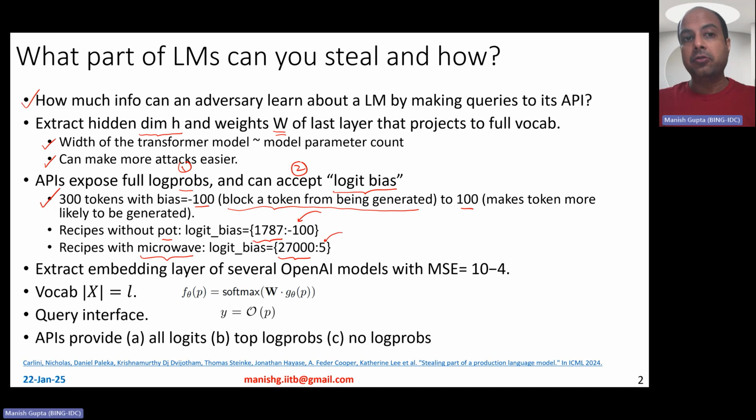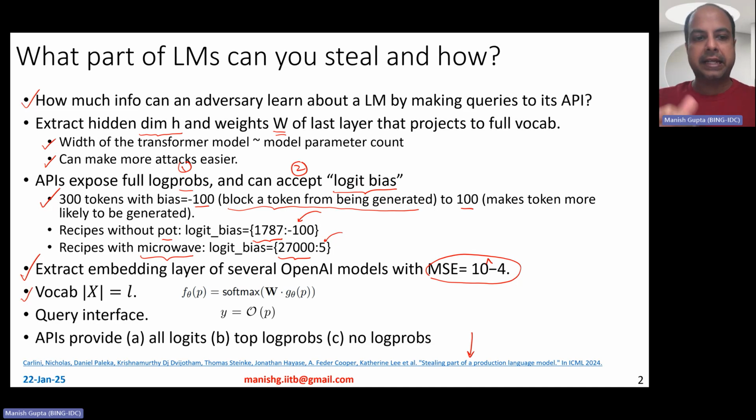And those can be used for adversarially attacking the model and stealing the last layer and the hidden dimension from it. In fact, this paper basically shows that you can extract the embedding layer, the last layer, of several OpenAI models with a mean squared error of 10 raised to -4, as low a mean squared error as that, right? So for the rest of this video, let's assume that the vocabulary has size L,